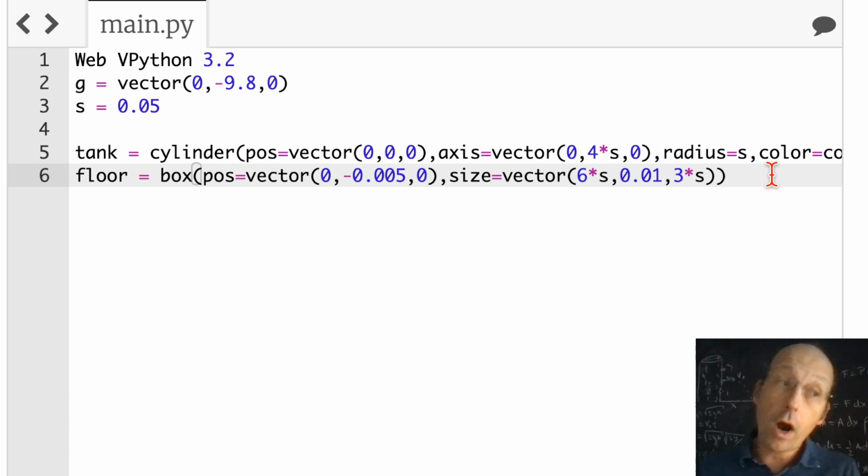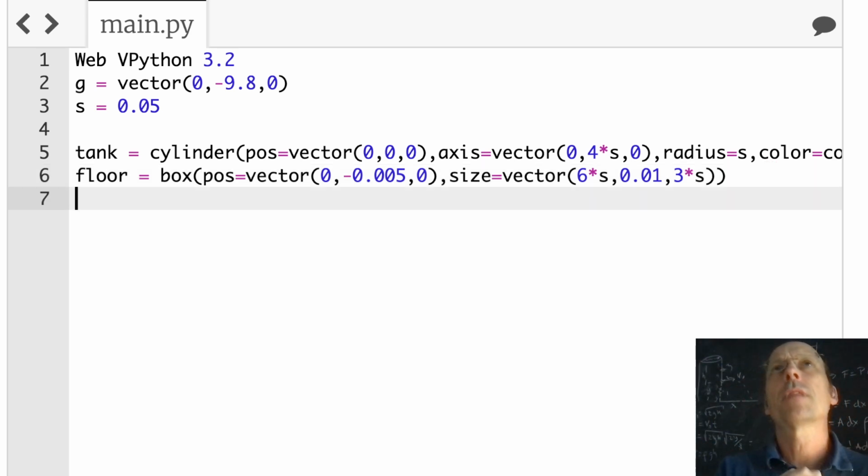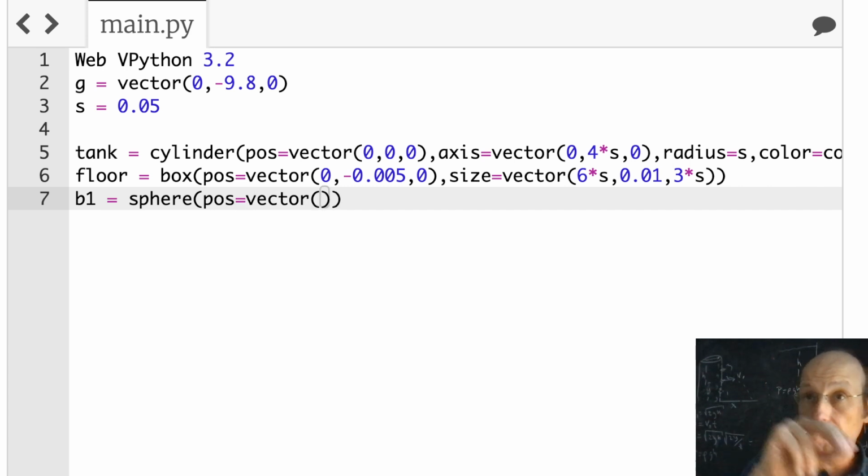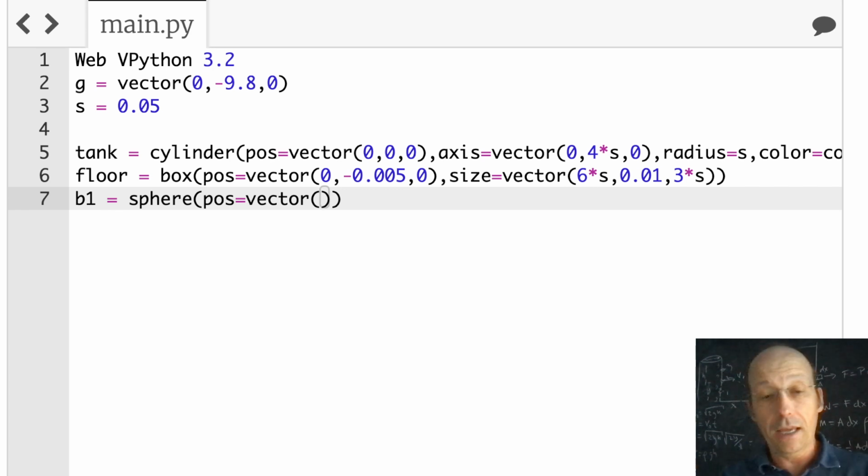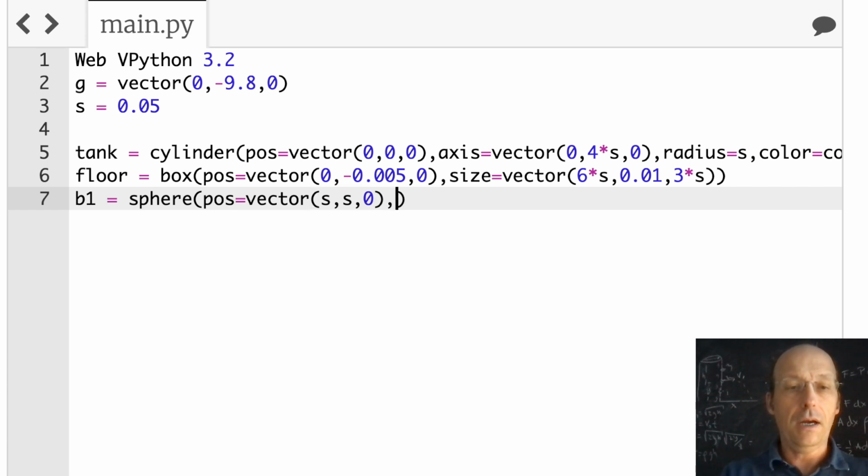Okay, now for my water, I'm just going to use a sphere, an object that leaves a trail. I could make it cyan, but I'll make it a little bit less opaque. So let's call this ball 1. It's a sphere, and I'm going to put it at the bottom. So its position is going to be equal to a vector. Now, I don't want to start at 0 because that's in the middle of the tank. I want to start at the edge of the tank, which has a radius of s. So it's s, and then